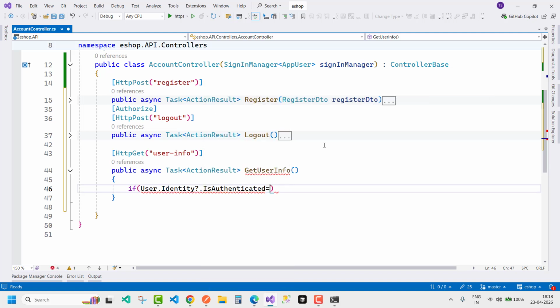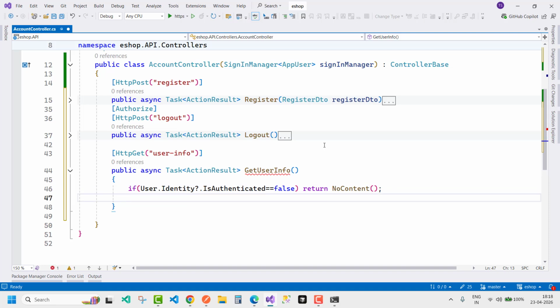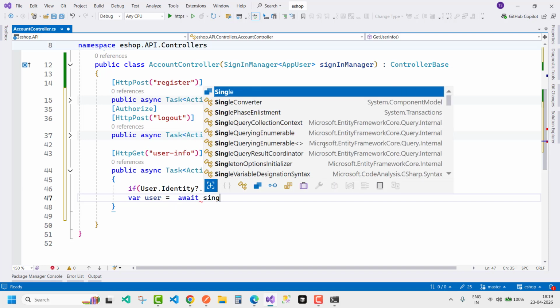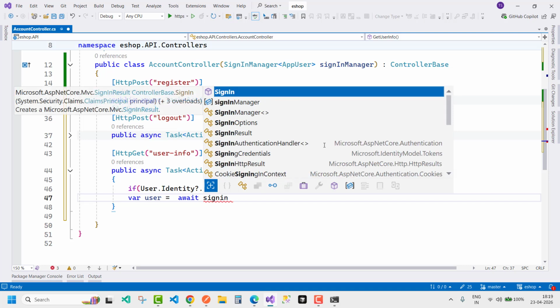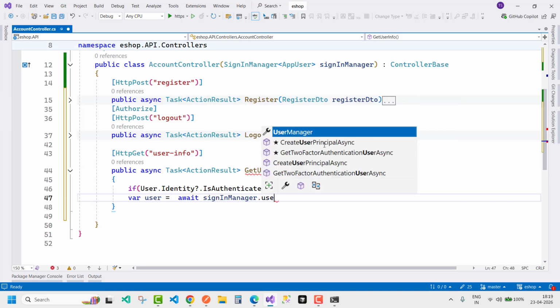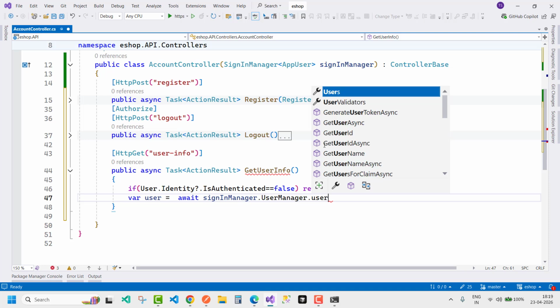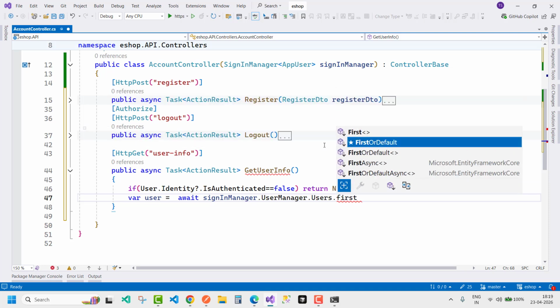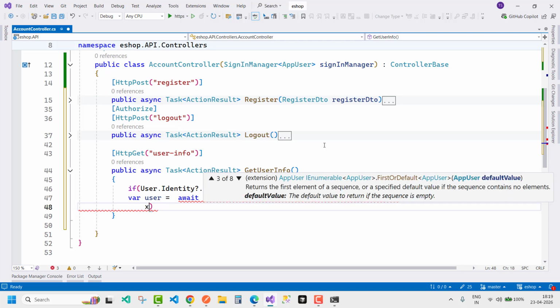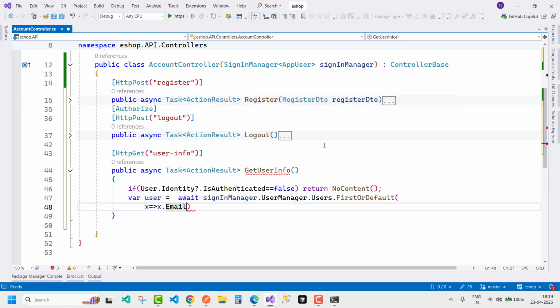So if IsAuthenticated is false, then return NoContent, and that is where user and await signInManager.UserManager.GetUserByEmail. I want to get the user by email. So signInManager.UserManager.Users.FirstOrDefault, and I want x such that x.Email is double equals to